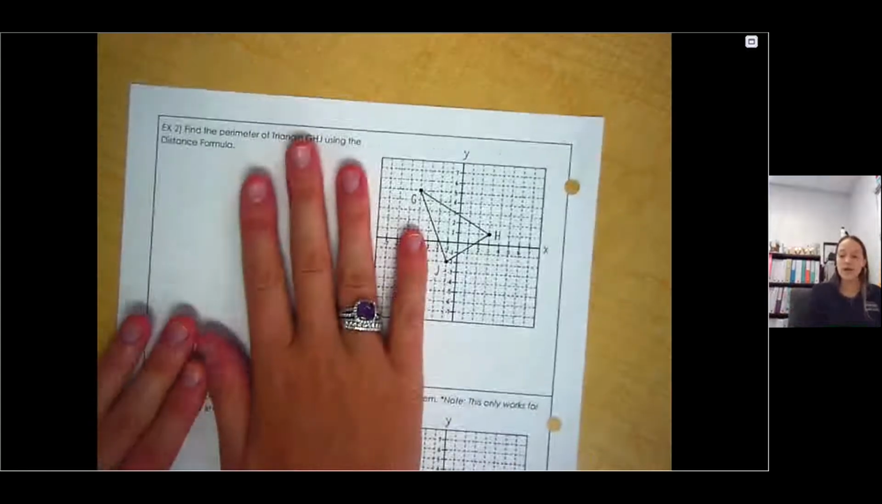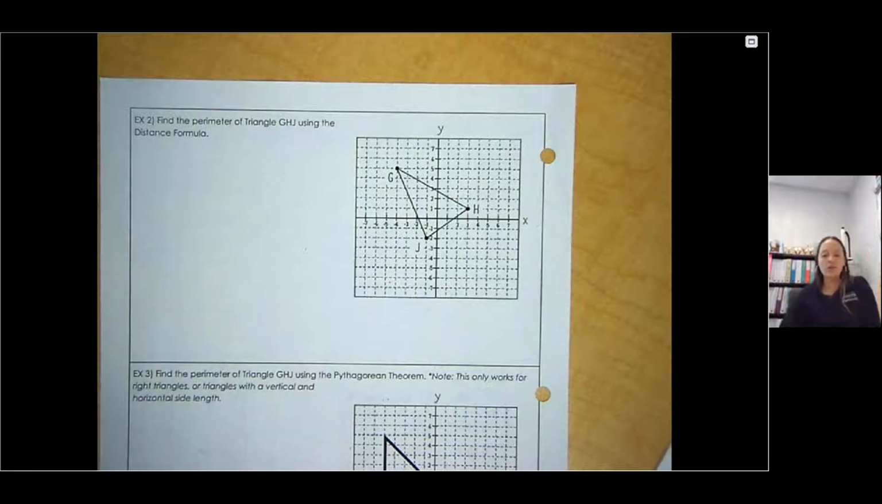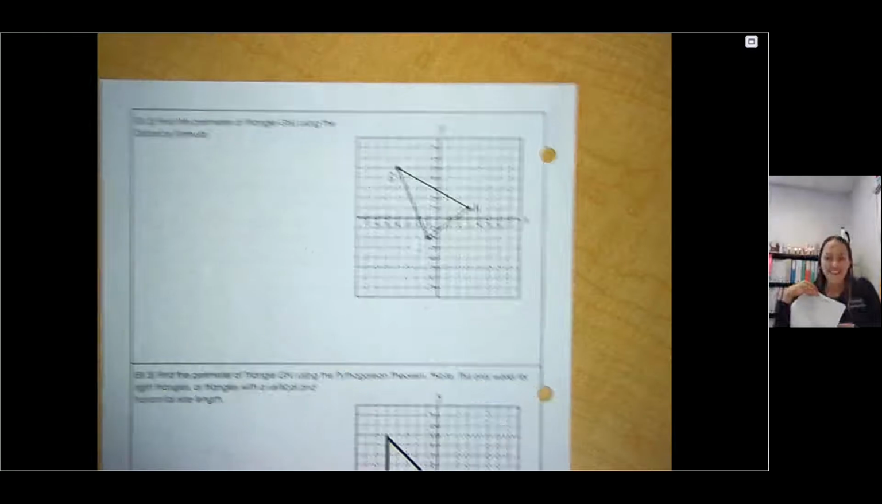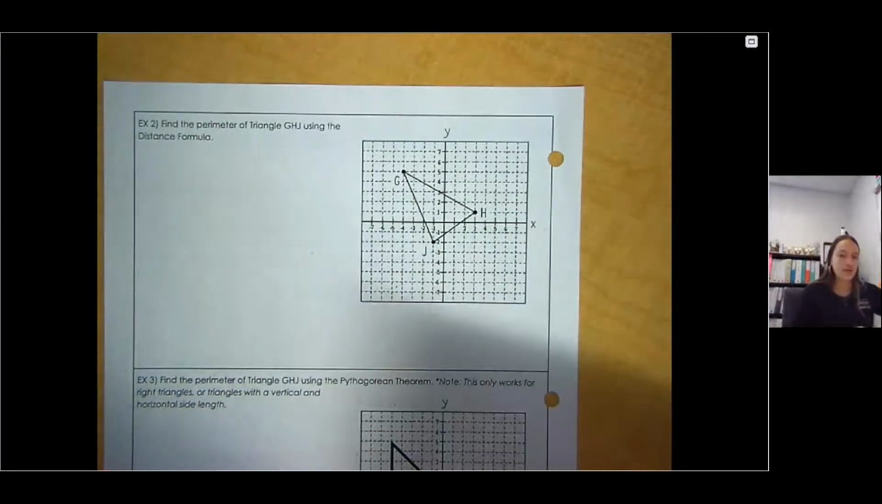I'm going to let you guys try number 2. So if you want to pause the video and give it a go, you can do that. So pause it here. And then I'm going to show you my answer now. So that way you can check yours with mine, see if you did it correctly. You should have gotten,